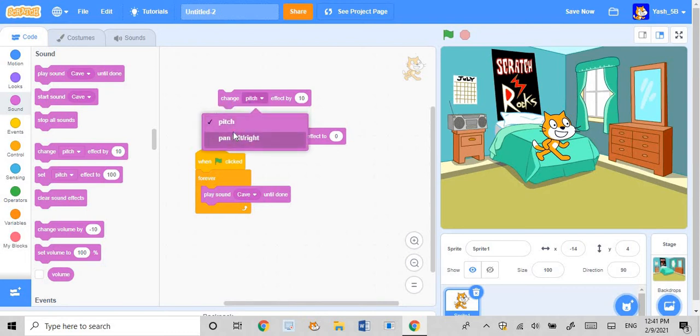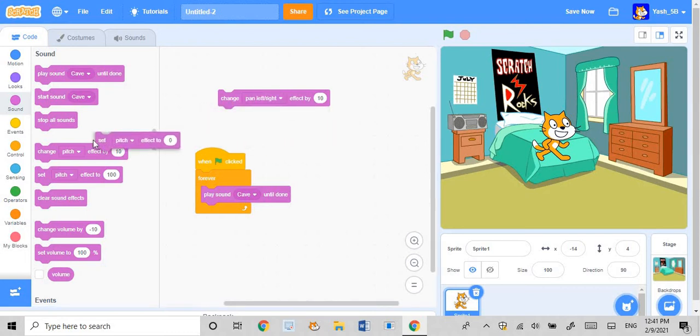Now if I pan left and right, for this block you need to pay attention very closely. You can feel that the volume is coming from the right side of your microphone, not through both of them. So that is the pan left and right effect.